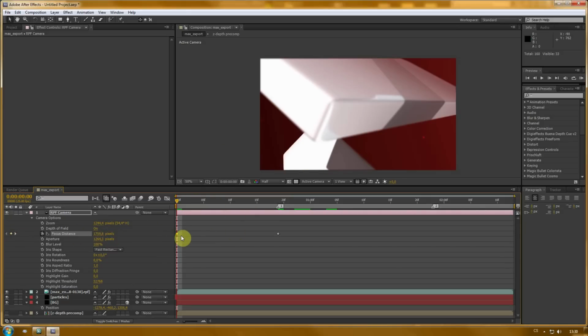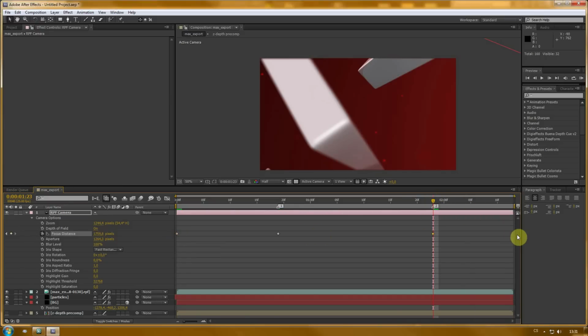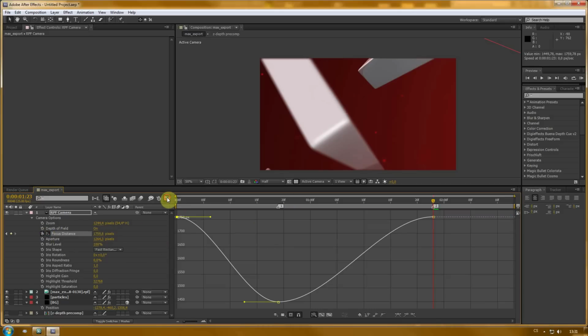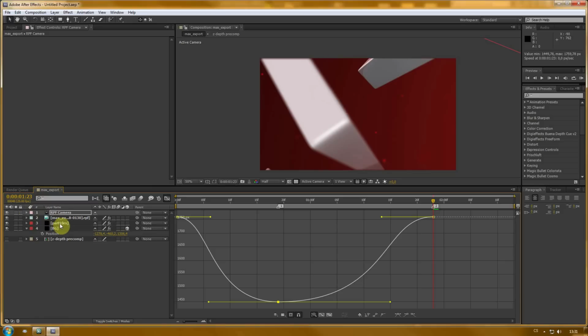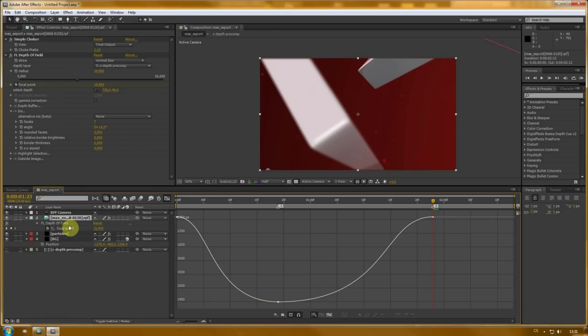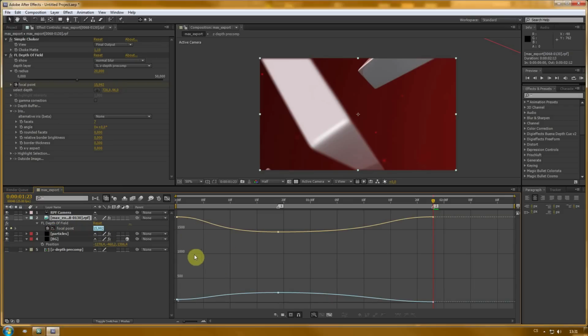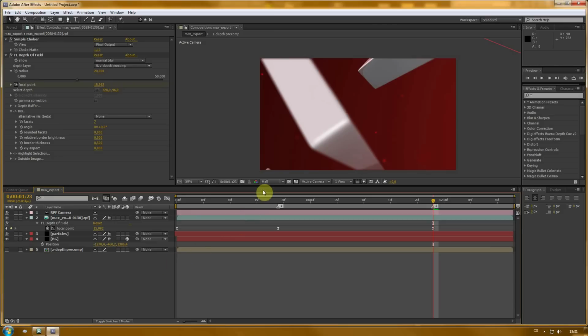I will copy this keyframe and I will paste it in here, and again hit F9, and again let's have a look at our graph and make it similar to that one, to this one. Yes. Okay, and